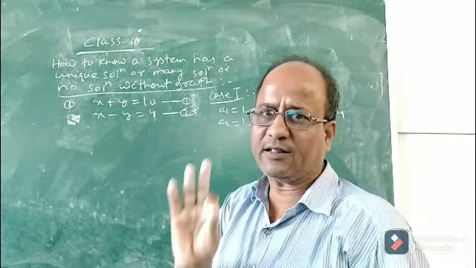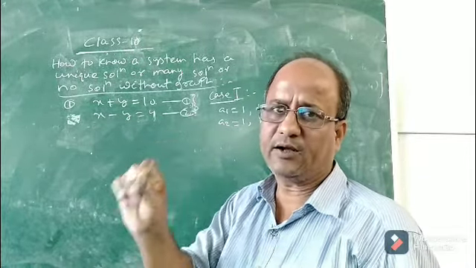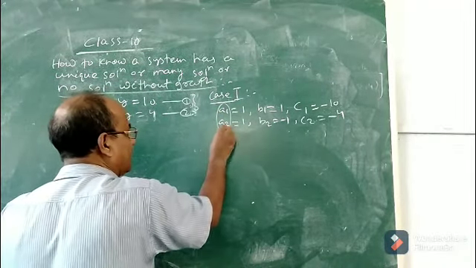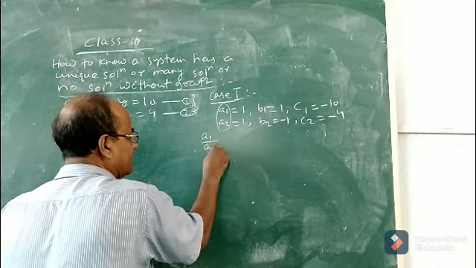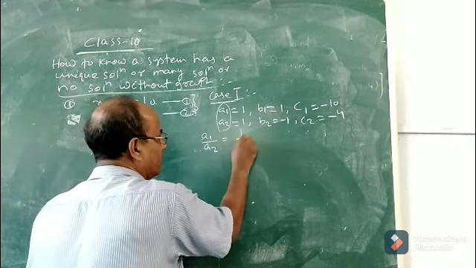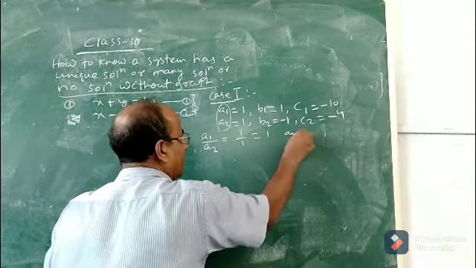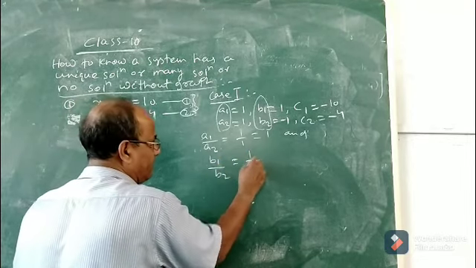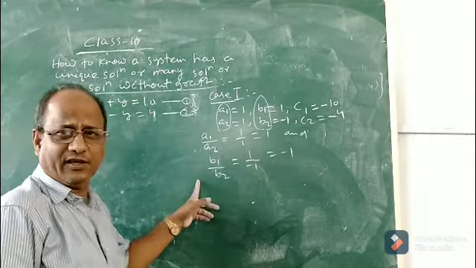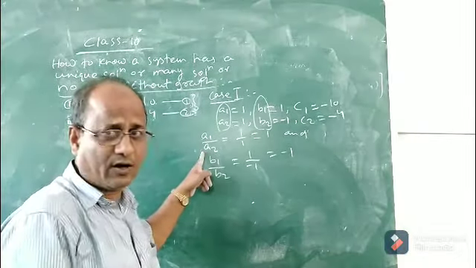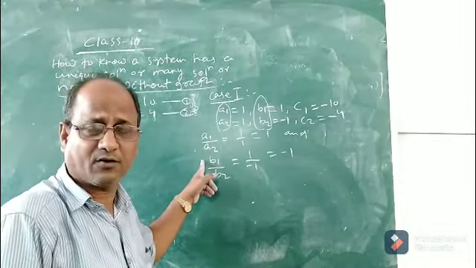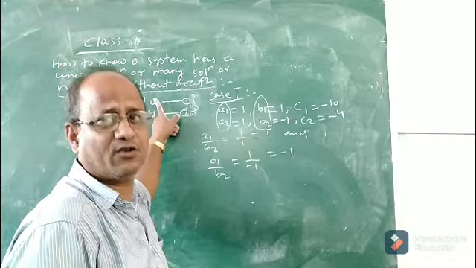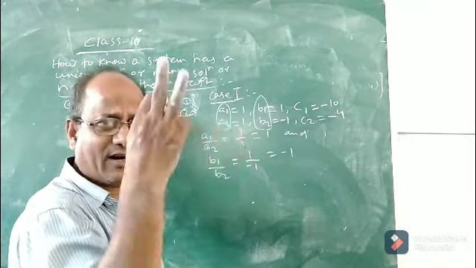After finding the values of A1, B1, C1, A2, B2, C2, what is your next step? The next step is you find the ratio of A1 and A2. It is 1 by 1, which is equal to 1. Then find the ratio of B1 and B2. B1 by B2 is 1 by minus 1, which is equal to minus 1. Now, after finding the ratio A1 by A2, here we are not applying the graphical method. Our aim is to determine whether this system has a unique solution or many solutions or no solution. How to know? For that I said there are three cases.